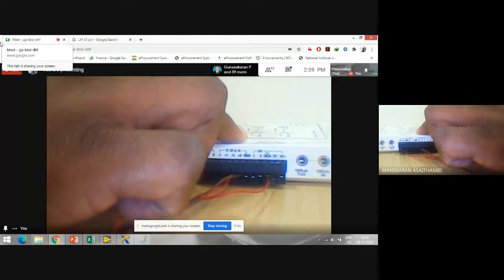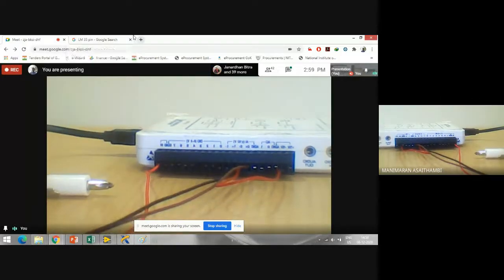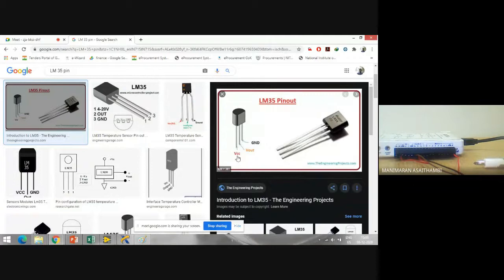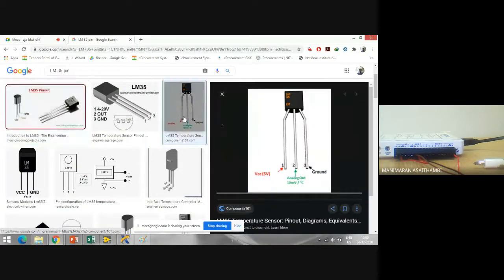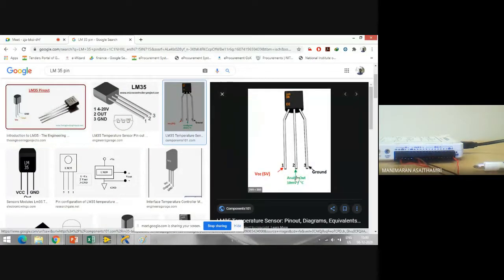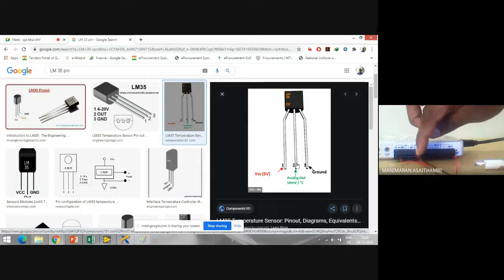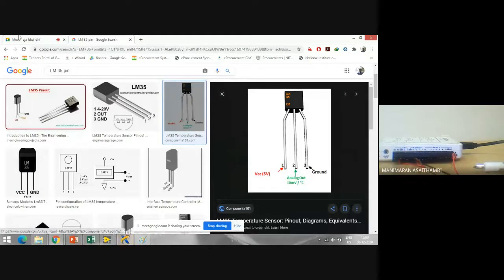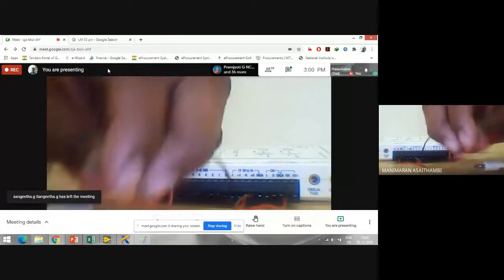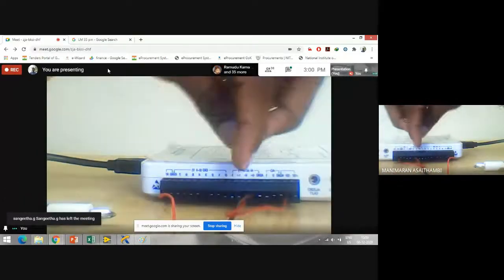So now, very simple. As per the pin terminal connections, I have a VCC, I have analog out, I have ground. Analog out will be the output from the sensor, which I'm going to feed to the DAC. Ground I have connected to the ground line to the minus in short, and plus 5 volt I took from the DAC power supply itself. So what I'm going to do is, I have already connected here to the channel 0 there.